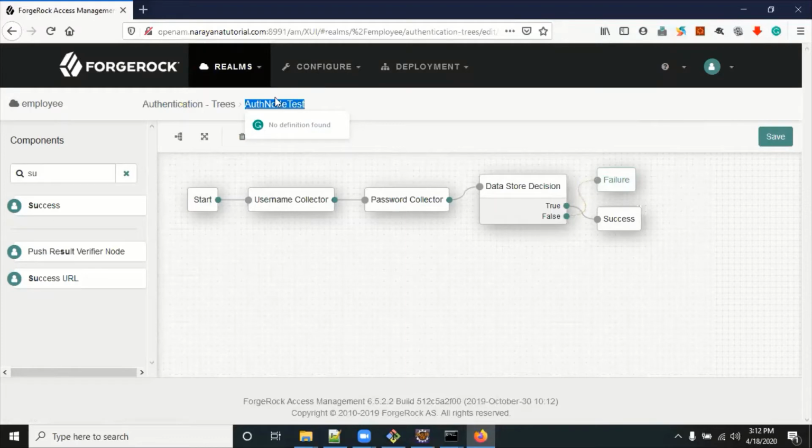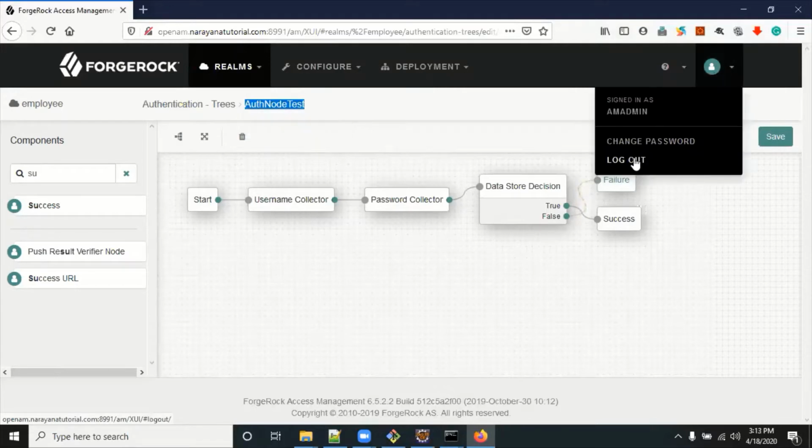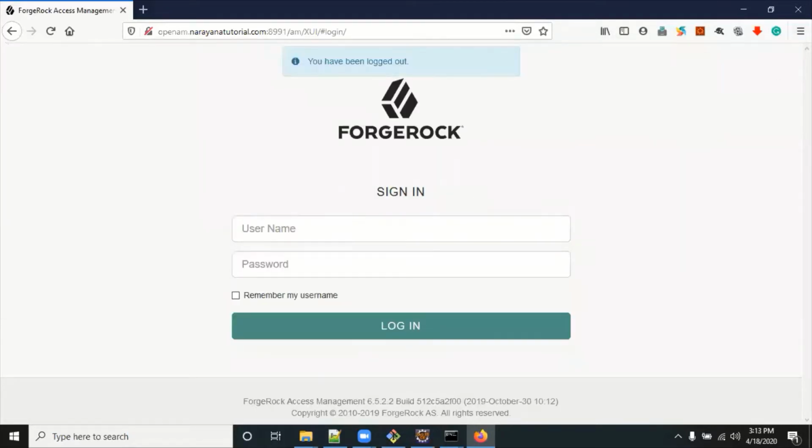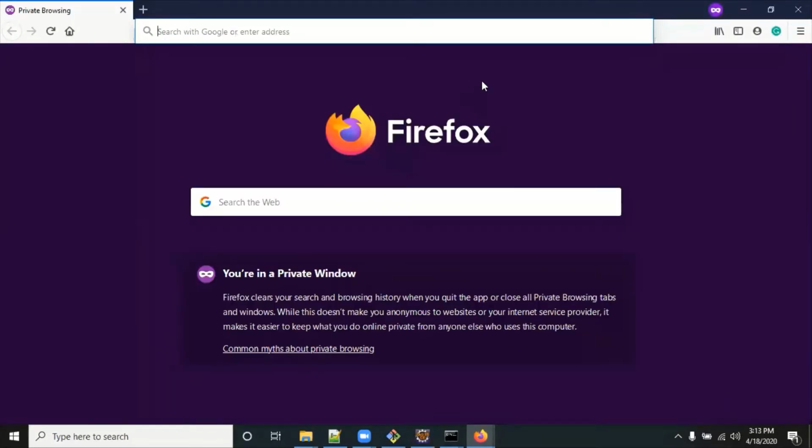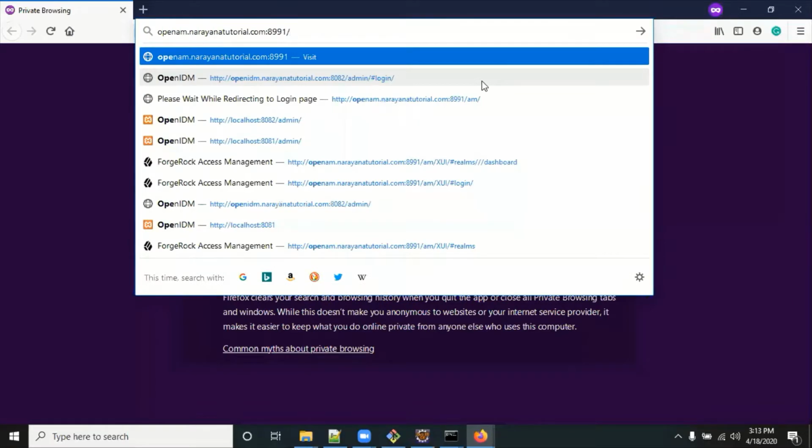So how to access this tree at the employee level? First click on logout. It is better to open a new private window, because OpenAM uses the cookie concept.